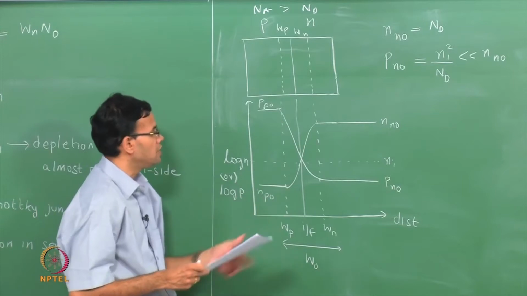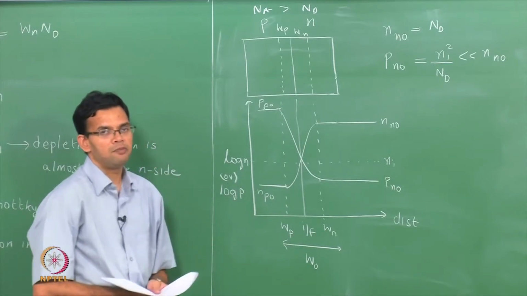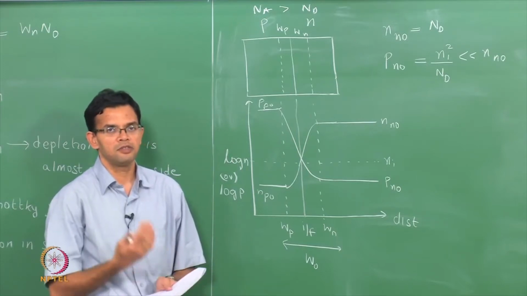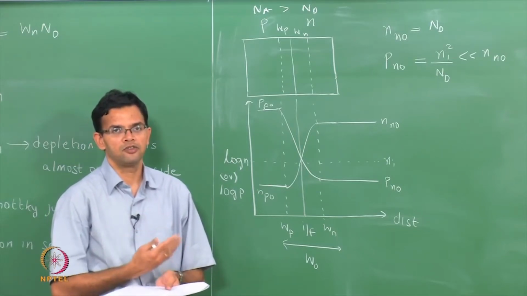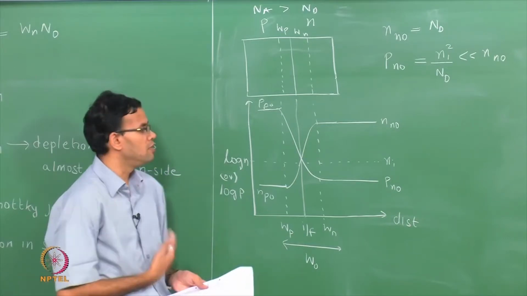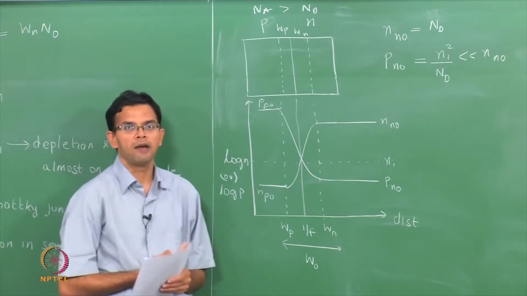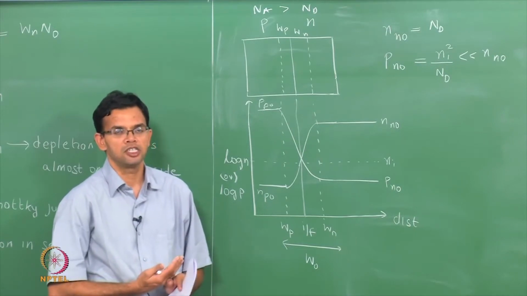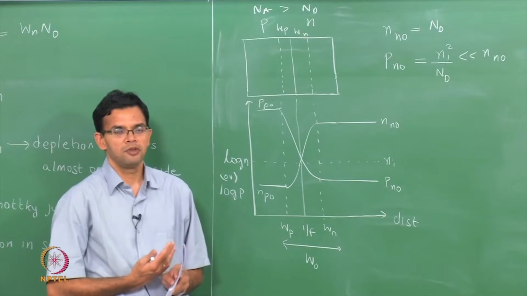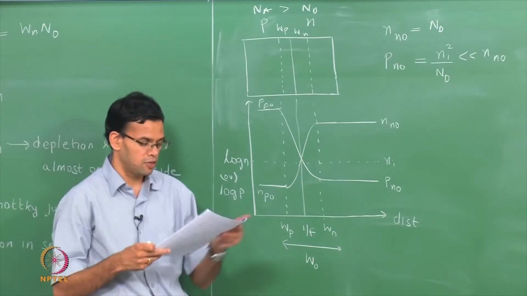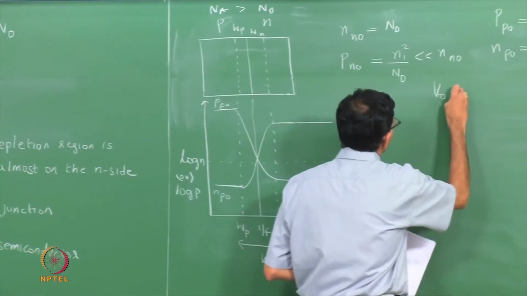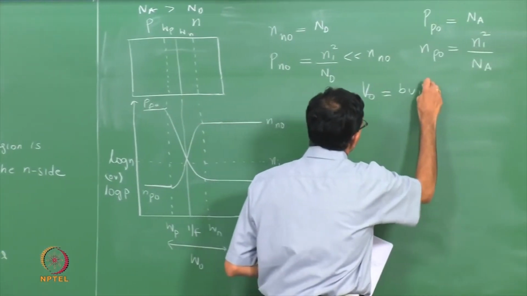So, this difference is related to the built-in potential, because what the potential does is that it prevents further motion of electrons from n to p or holes from p to n. So, in this way it is similar to what happens when we have a Schottky junction. So, there also we had a built-in potential that prevents further motion of electrons. So, if V naught is the built-in potential,